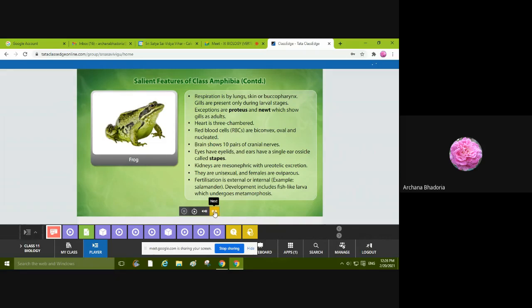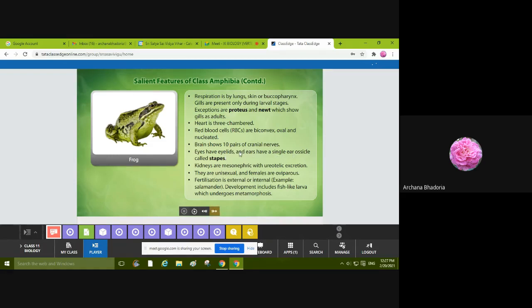Next, the heart is three-chambered. This is an important feature, remember. Gradually evolution is occurring, the animals are evolving, and the heart is also evolving. The two-chambered heart has now evolved to form three chambers, two auricles and one ventricle. RBCs are biconvex, oval and nucleated. What is the shape of our RBCs? Biconcave. But here, biconvex. Now the brain shows 10 pairs of cranial nerves, eyes have eyelids, and ears have a single ear